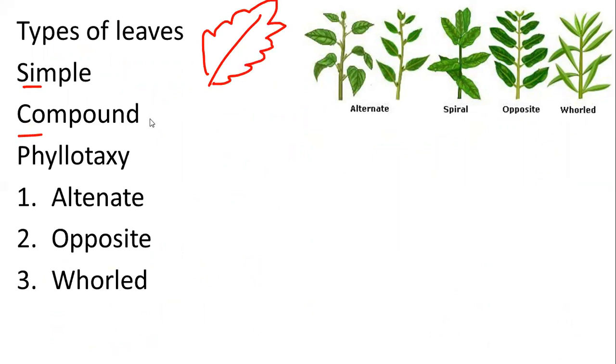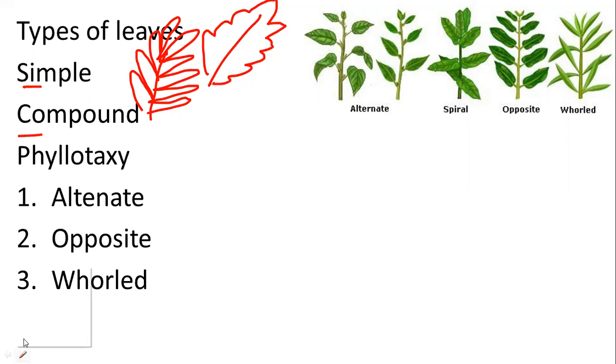When we talk about a compound leaf, the incision will come and touch the midrib every time. So that is what is called a compound leaf. In a simple leaf, the incisions or curves do not touch the midrib. An example is neem leaves, which are the simple type. Whereas for compound leaves, the incisions reach the midrib, dividing the lamina into a number of leaflets.